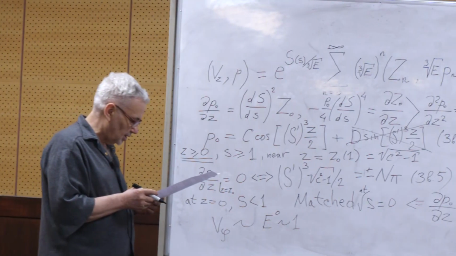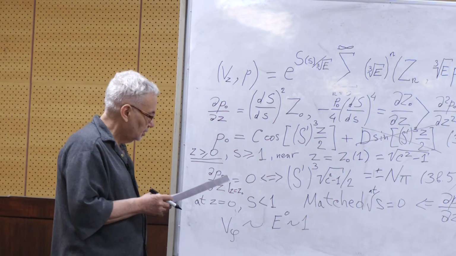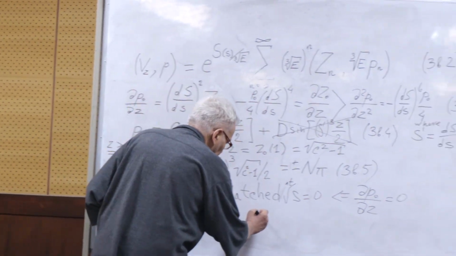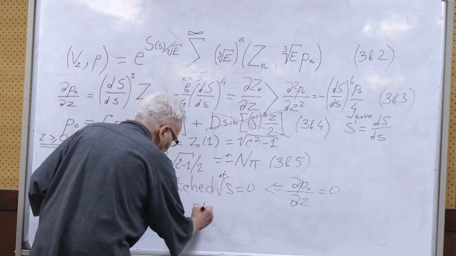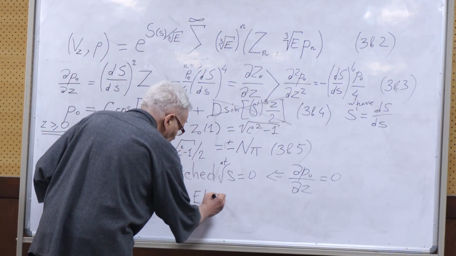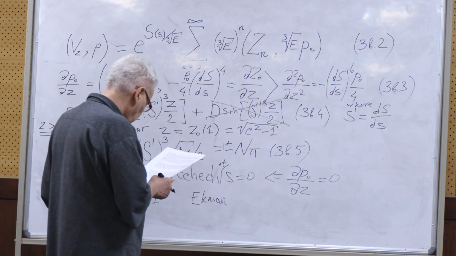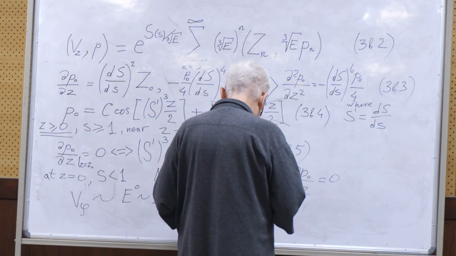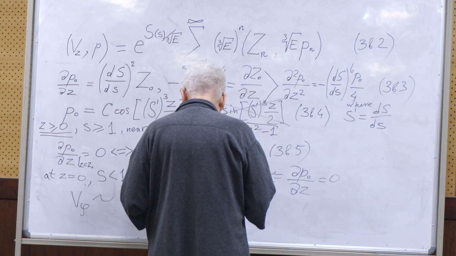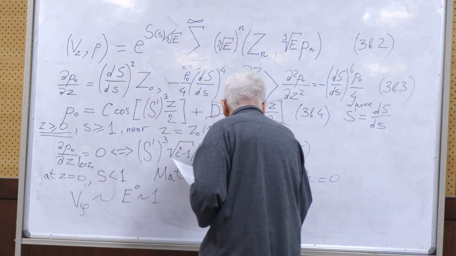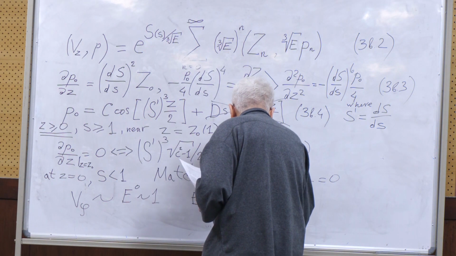Since the thickness of the Ekman boundary layer is of the order of the square root of the Ekman number,